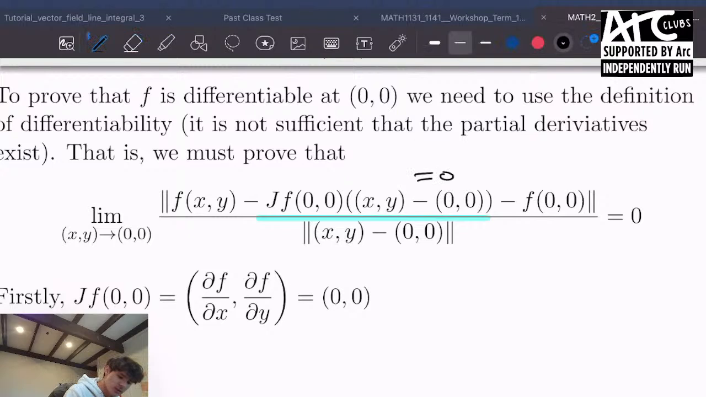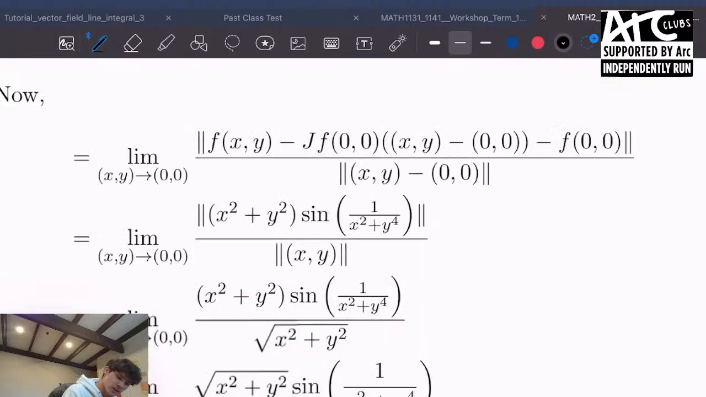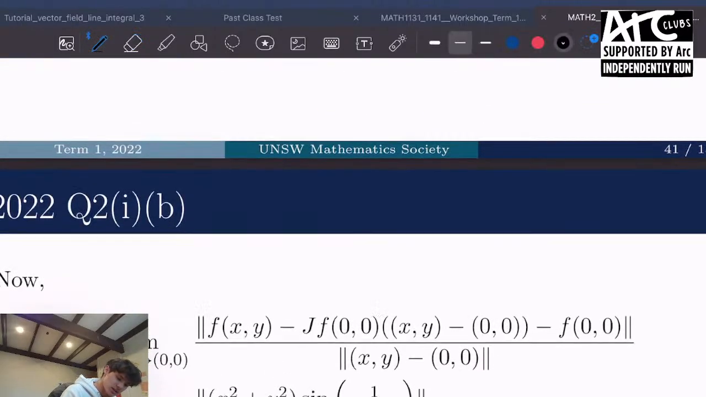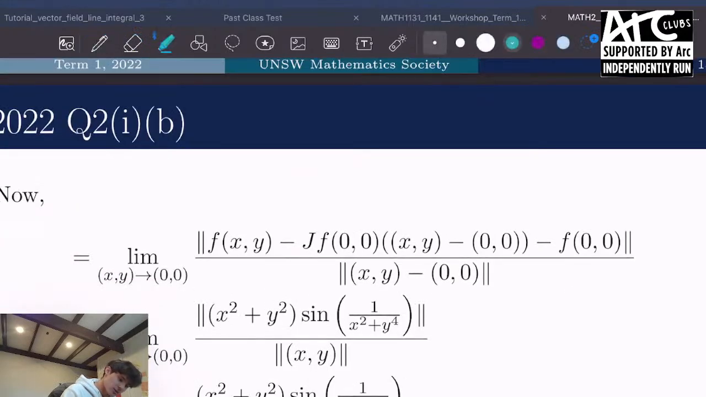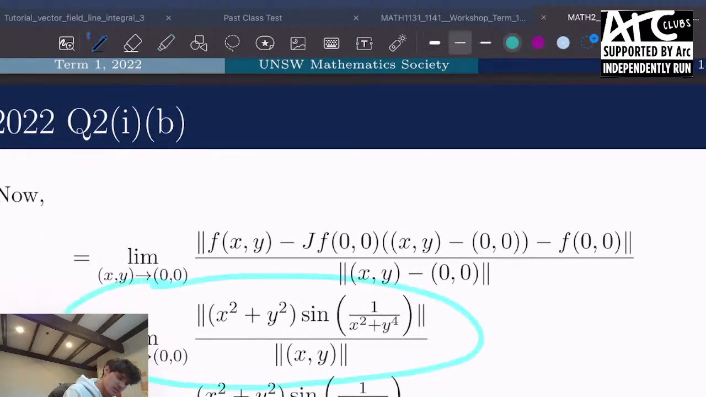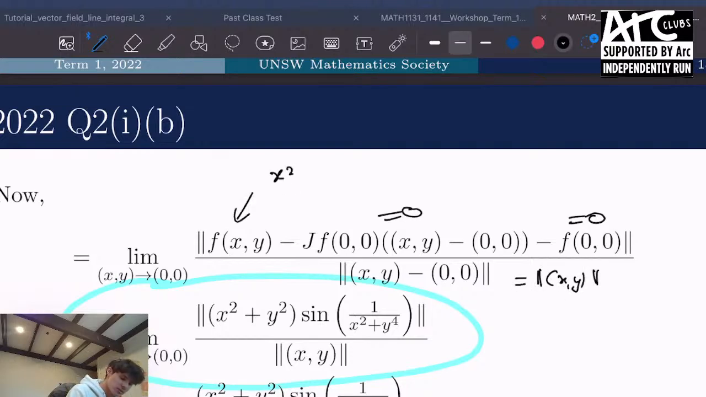Okay. Furthermore, f(0, 0) equals 0. And also this thing here should just equal the length of the (x, y) vector. Okay. So we can see that what we're going to be getting is actually this expression here. So what I've sort of done is just use the fact that this equals 0, that equals 0, that just equals the length of (x, y), and this thing here is going to be (x squared plus y squared) sine of 1 on (x squared plus y to the 4th),